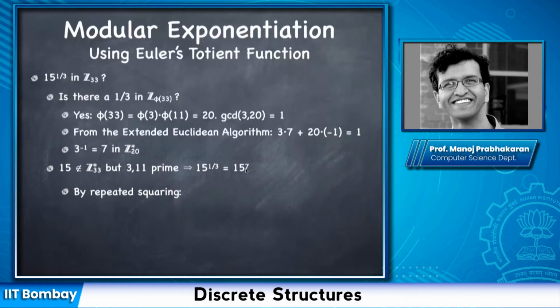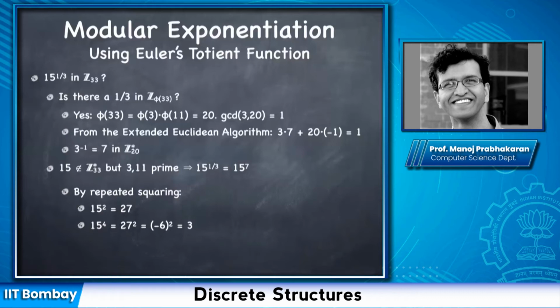So in repeated squaring, what you do is you take 15, then you compute 15 squared, which happens to be something, modulo 33 here. And then instead of multiplying 15 to it, you just square this whole thing again. So you get 15 to the power 4. Okay? And you could keep going. You could get 15 to the power 8, 15 to the power 16, and so forth. And very quickly, you can compute 15 to the power some large